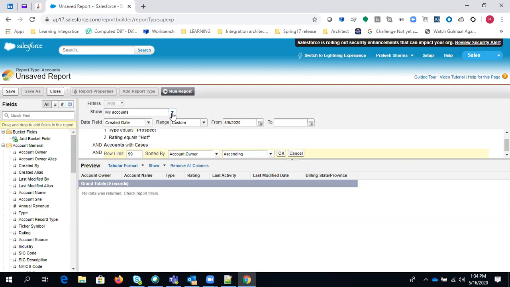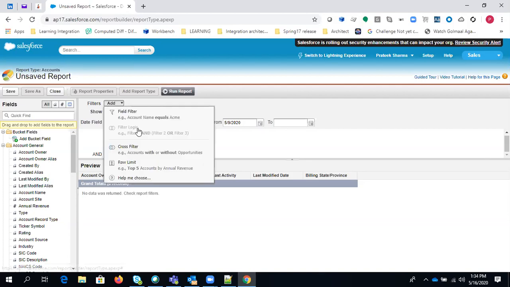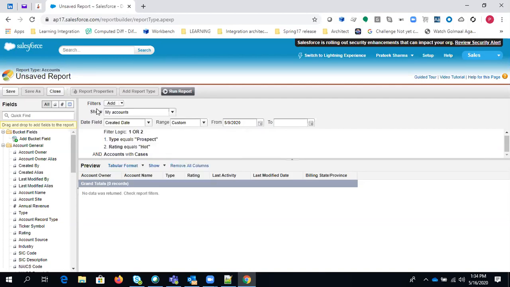So these are the options we are getting in the filter section. I'm just hitting cancel here. We'll discuss it one by one in every report type. So you can see here, we have discussed all the options available, and then Show. It is basically giving you three options: my accounts, my team accounts, all accounts. My accounts will only display accounts to which I have access, and my team accounts will display the accounts to which I have access and my team has access, all those who are reporting to me. And all accounts will give you information on all the accounts, doesn't matter who has access or not.